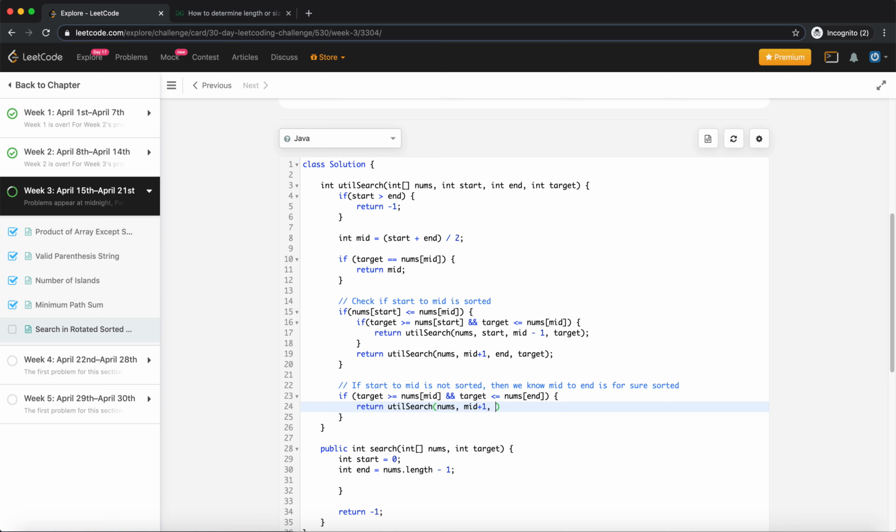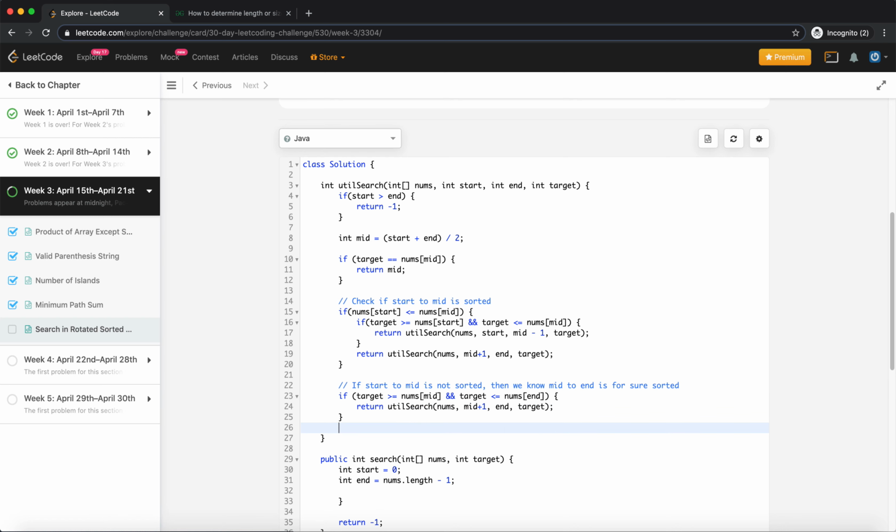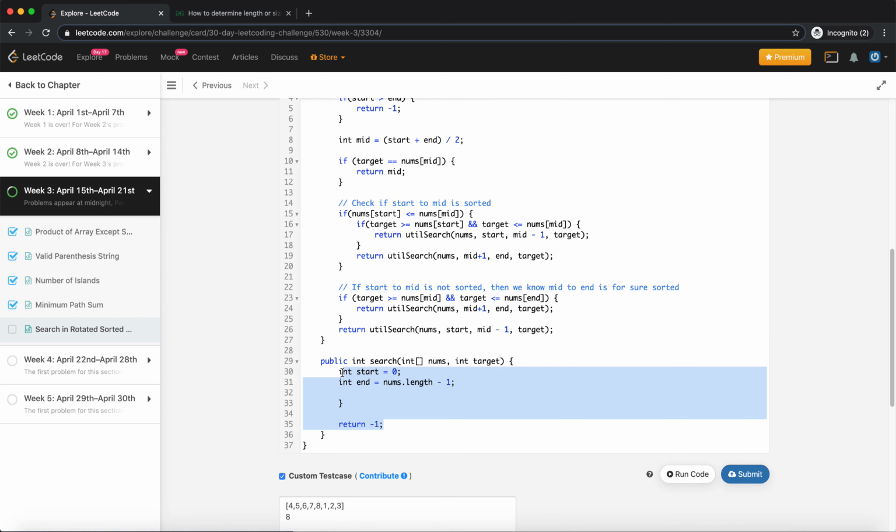So mid +1, comma, end, comma, target. And if not, then in this case it should be under this half, so it should be start, comma, mid -1, target. Then I'll simply call